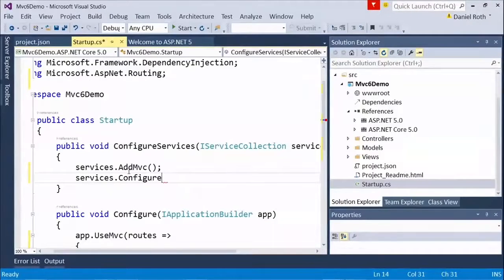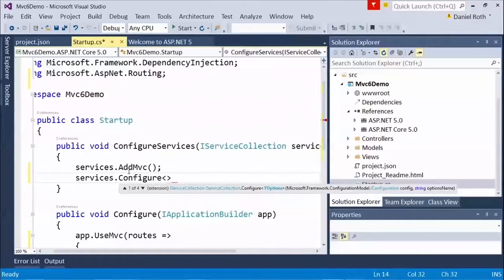services.Configure. And there's a pattern in ASP.NET 5, we call it the options pattern, where you create an options object, and then you make those options available, again, as a service, so that anyone that needs those options can just get them injected, use them, and use them to configure themselves in